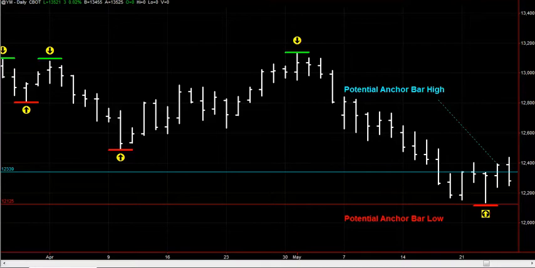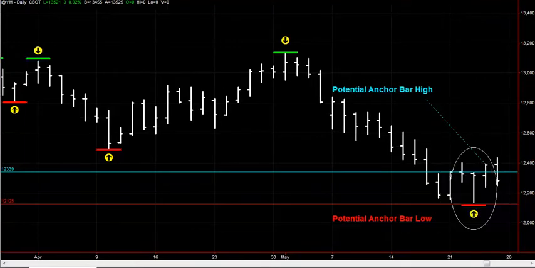Okay, so immediately once we have a bar that has been crowned the low, like that one right there, we start looking for a high bar. And in fact, the very next bar after an anchor bar has been crowned becomes a potential high bar. So in this case, this bar here,